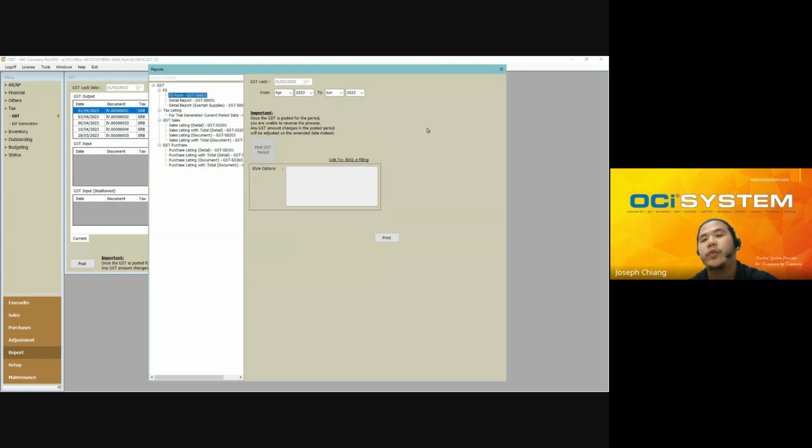Just now when I was covering non-trade payment voucher, I was saying the GST listing reports, and we were referring to GST sales and GST purchase, because there are 4 listing reports under purchase and 4 listing reports under sales. And then for GST processing, the one you need to focus on is these two. Firstly, and I really mean firstly, the detail report. This is the one that you use for checking,